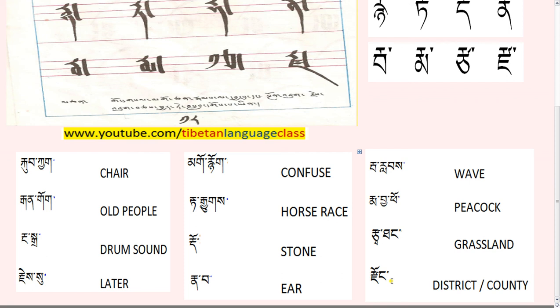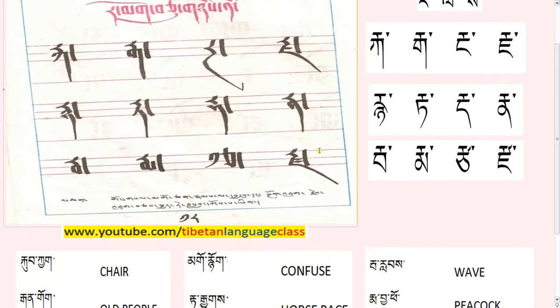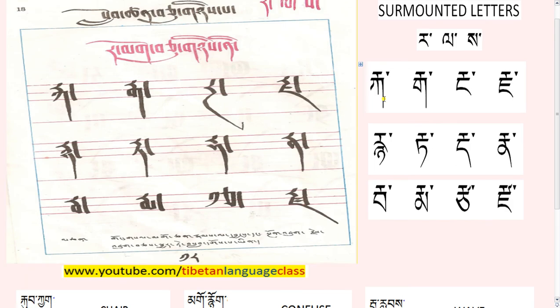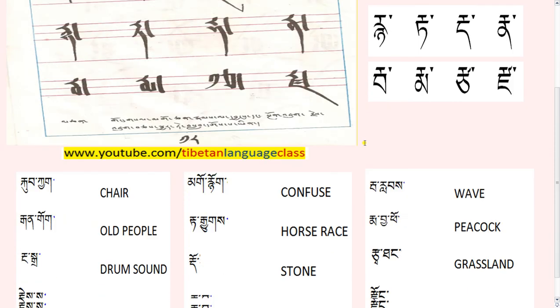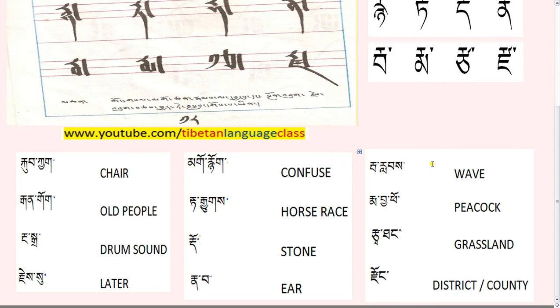And then finally, ra zapta za, za na ro, zong nga zong. Zong means district or county. So in certain parts of the world it's called district, and in others it's called county. So basically it means zong in Tibetan. So these are the 12 different letters on top of which you could surmount the letter ra. And these are the 12 examples we have down here.